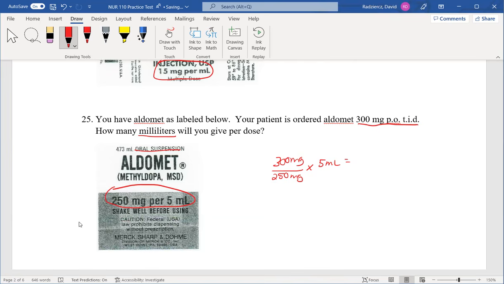So make sure you put the correct quantity and you're getting that right from the label. So 300 times 5 is 1500 divided by 250 will give you an answer of 60 milliliters,